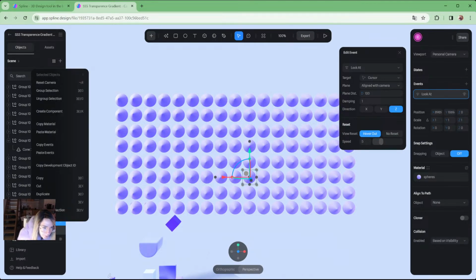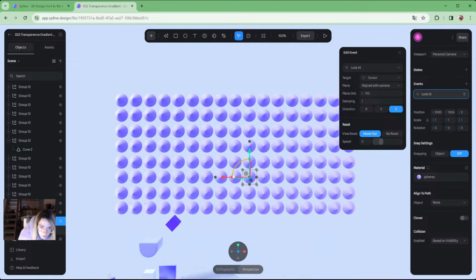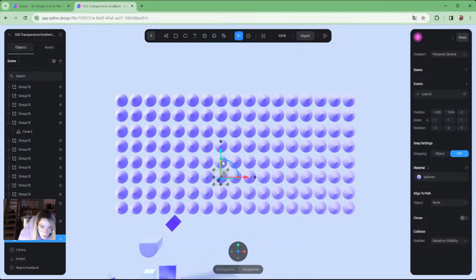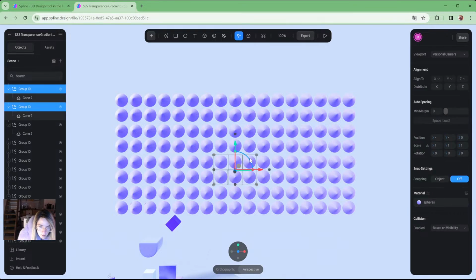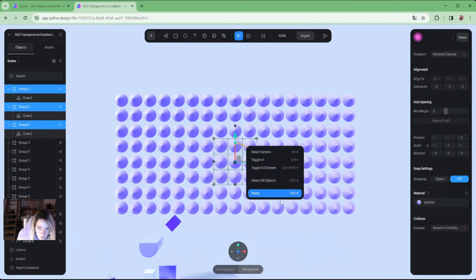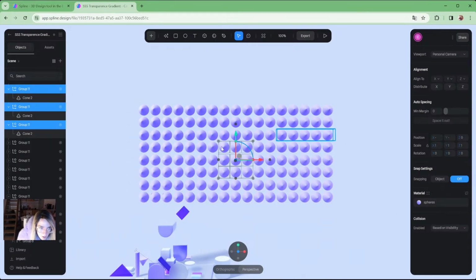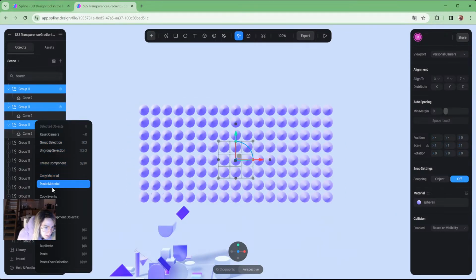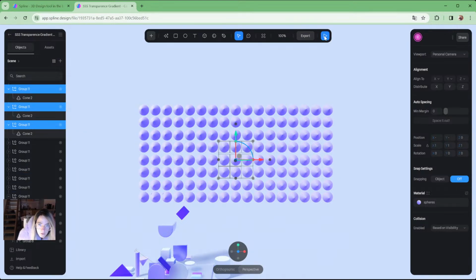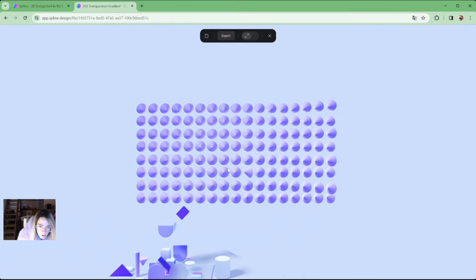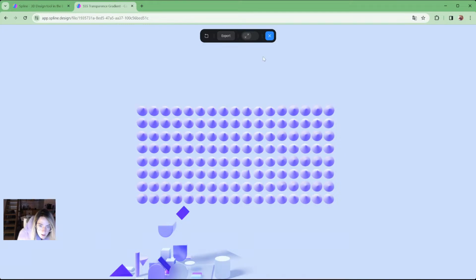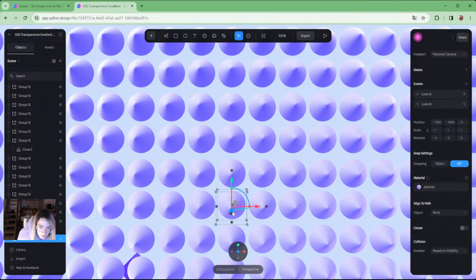And I'm going to copy events and select all the ones that are in the middle, and I'm going to paste event. Oh no, paste event. So normally, okay, it's not really working if I use a lot of objects,